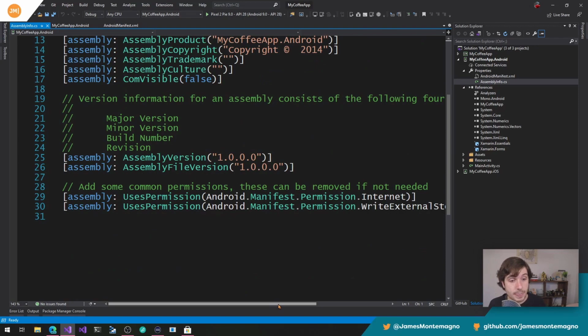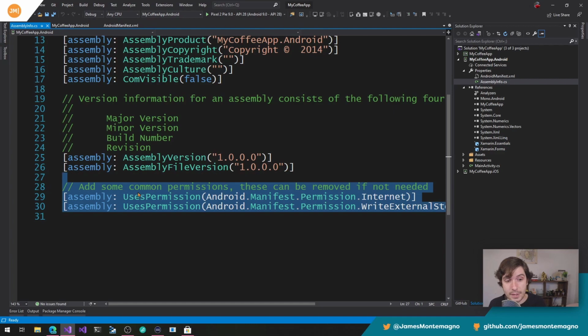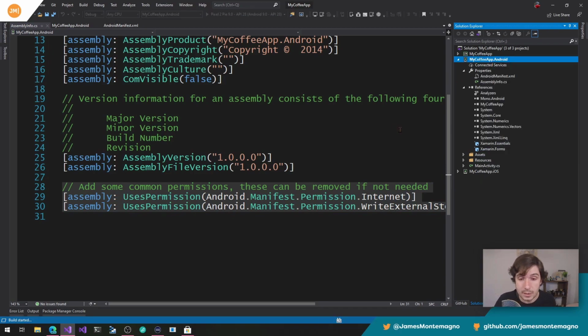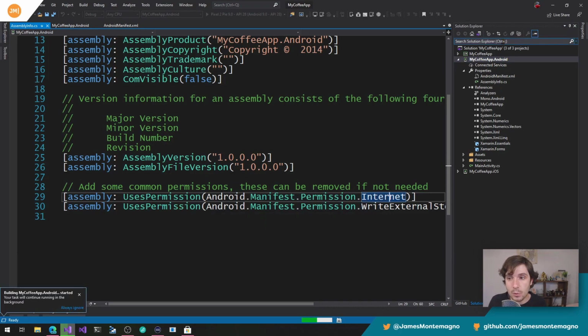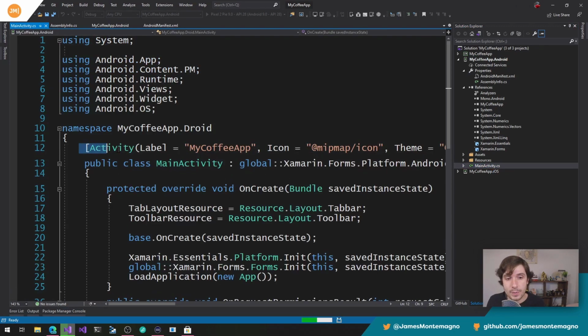You can see that, funnily enough, inside this Android manifest, 2 different permissions were added here. This is something that's really, really neat because when I compile this application, it will take these assembly imports and compile them into a final version of my Android manifest. It'll take that information and any other information such as this activity here that will be bundled automatically into the Android manifest. It's a really cool thing.